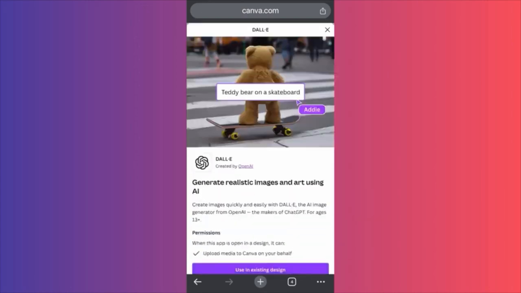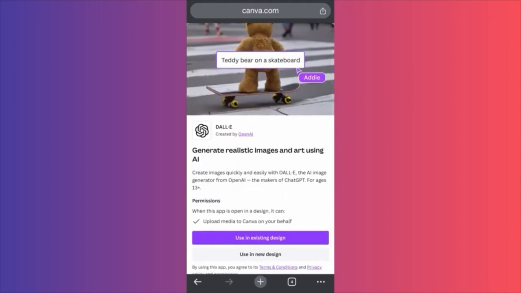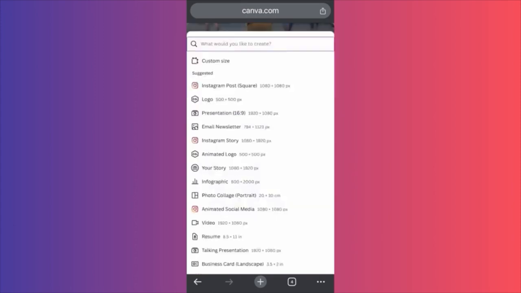Let's click on it. The way DALI works inside Canva is that you will have the option to edit already pre-made content, picture, video, or you essentially can create a brand new design over here. For this example, I am going to click new design. So guys, we're going to create a logo with DALI.